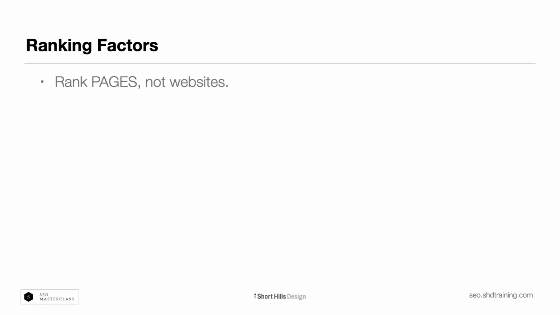So I want to rank our Invisalign page. I want to rank our home page. We're not going to say, I want to rank your website. We're going to say, my goal is I want to rank my webpage for Honda dealer, Maplewood, New Jersey, whatever it is. And now we're going to try and match our page to the appropriate keywords once we learn the search intent.